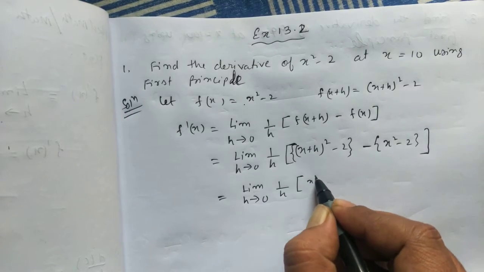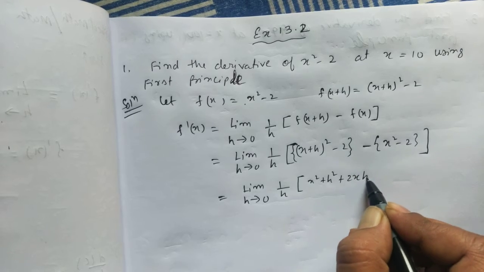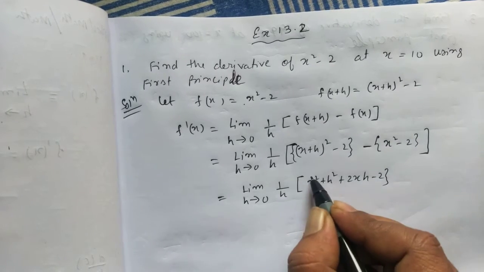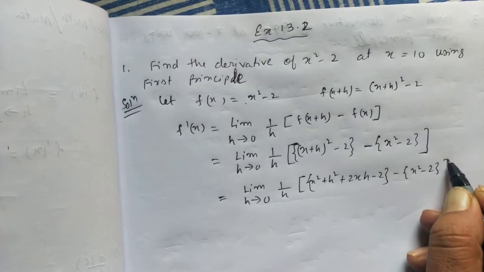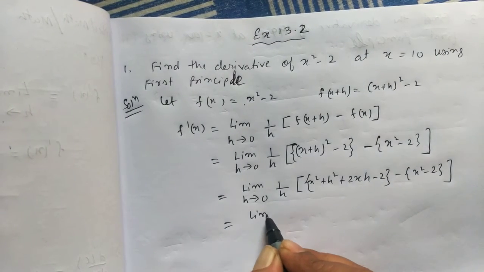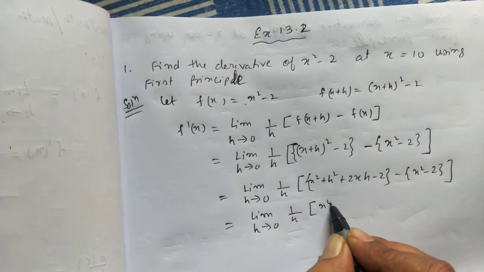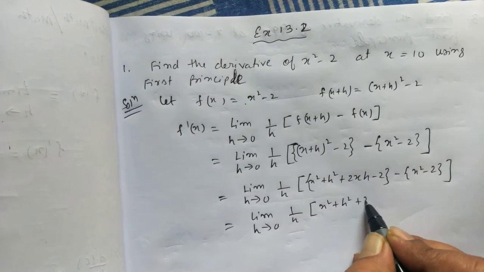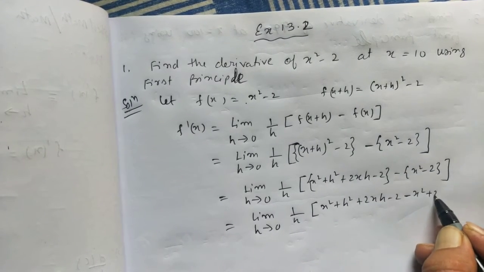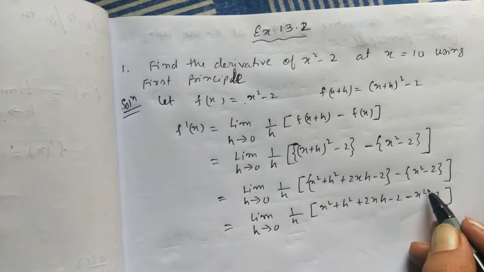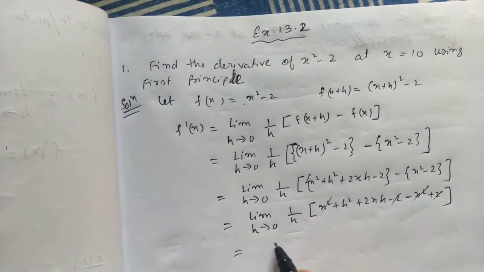Break this up: (a plus b) square is a square plus b square plus 2ab. So x square plus h square plus 2xh minus 2. Remove the bracket, minus x square plus 2. Whichever you can cancel, x square is cancelled, 2 is cancelled. You are left with